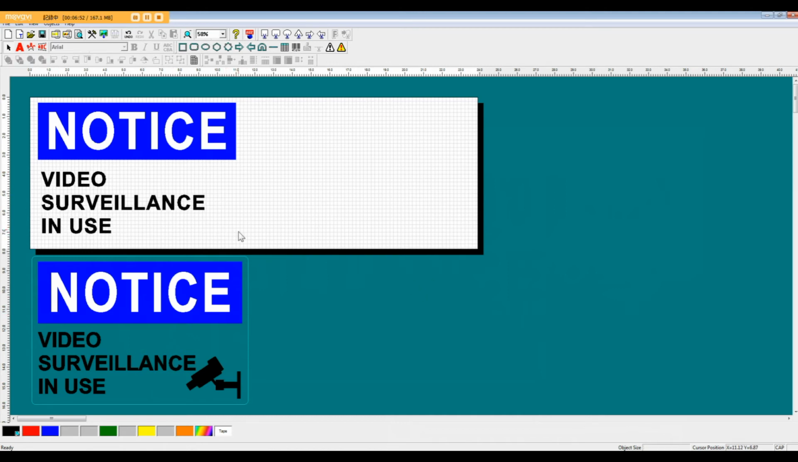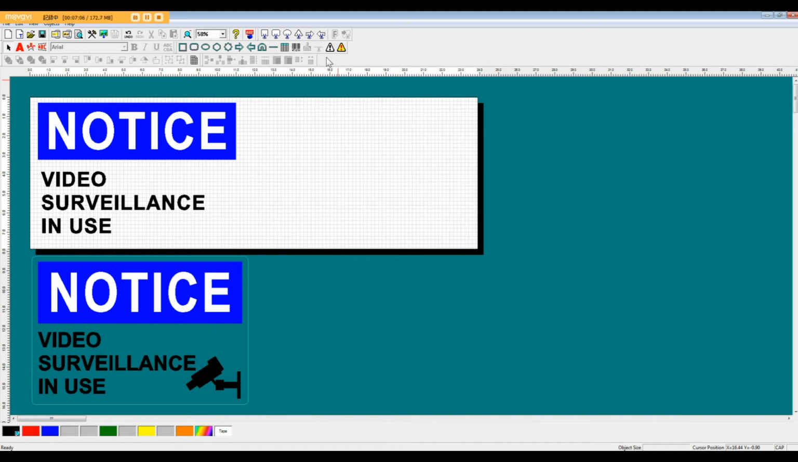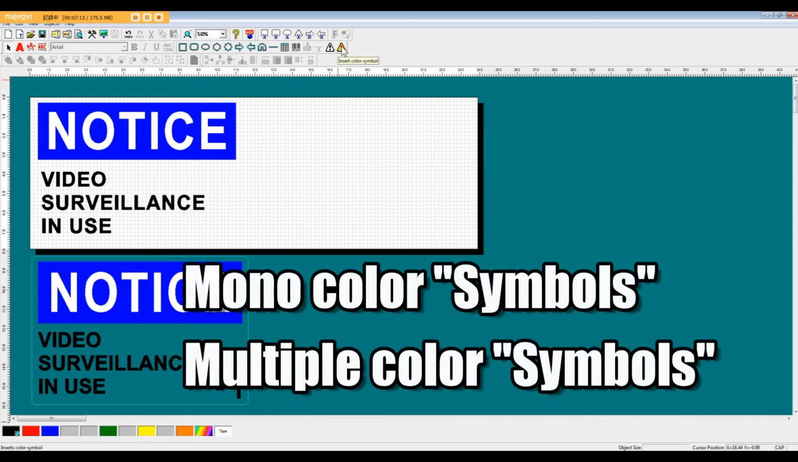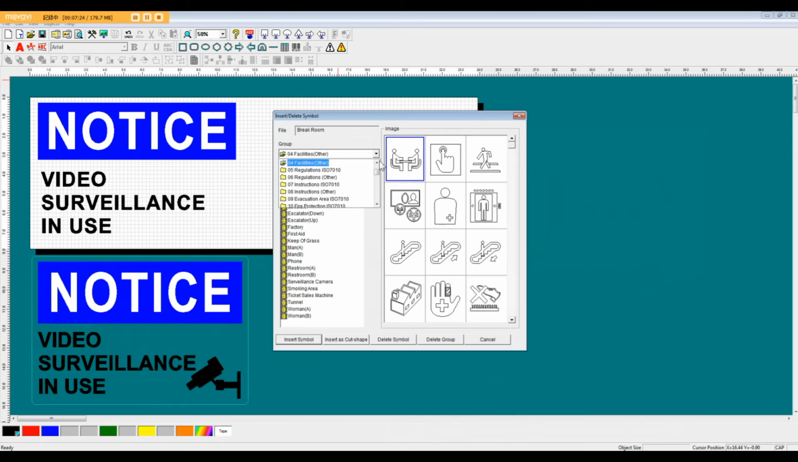So the last step for our printing data is to add this symbol here of the video camera. So what we're going to do is come over here to our insert symbol icons. They're located at the top of the page on the right hand side. We have monocolor symbols and multiple colored symbols. For this particular example, we're going to use a monocolored symbol. So when you open up the insert or delete symbol menu,